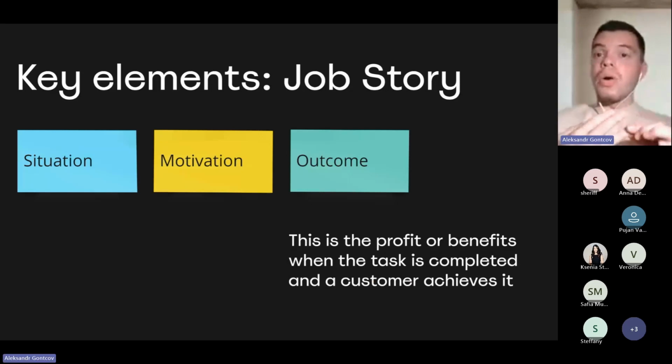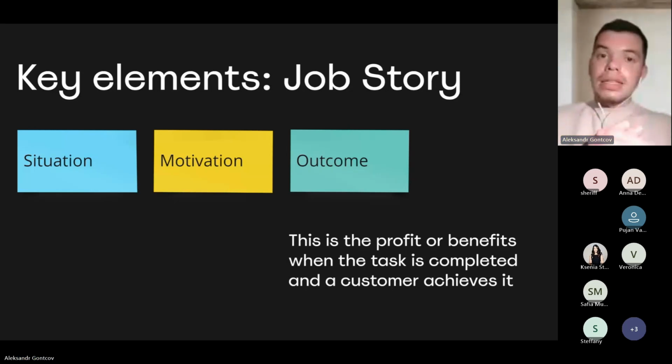First is the situation or the context. It's actually very valuable for you to use in marketing communications, for example, or to understand how your product can be adjusted to address certain needs that customers see in that particular context. Motivation is what a customer wants to do. Again, your customers do not want to drill a hole in their wall. They want to hang a picture. They want to make their house more beautiful. They want to add some aesthetics to their house. So it's not about just an action, it's about the real motivation.